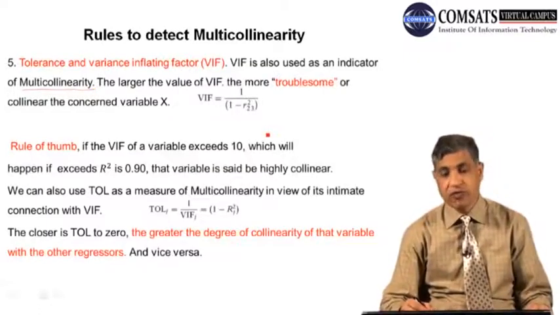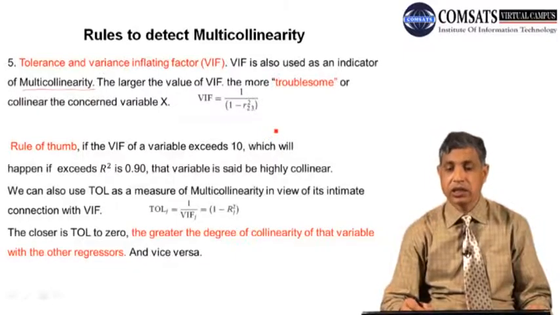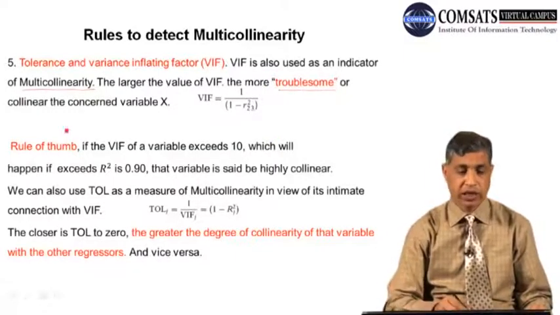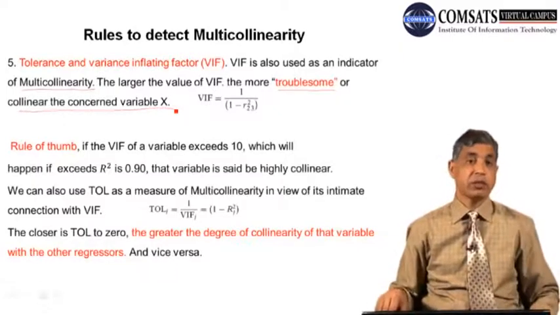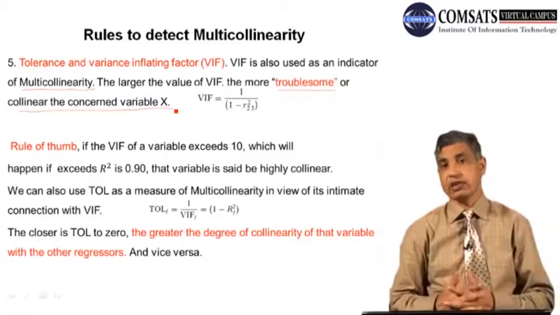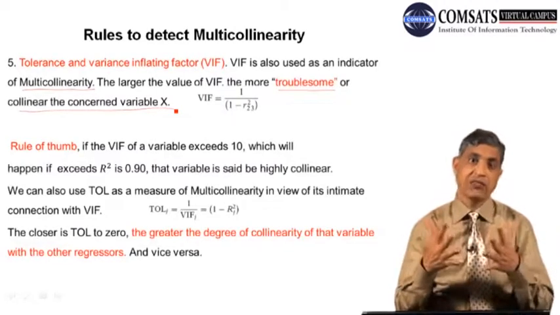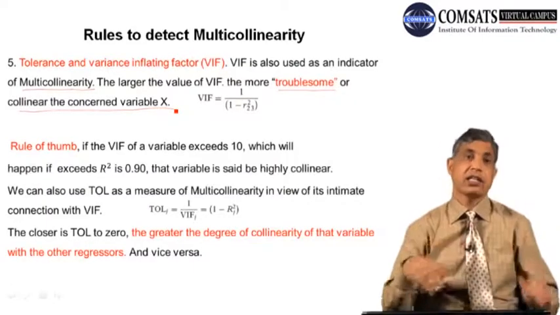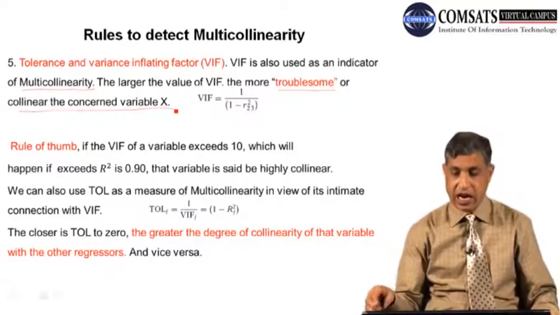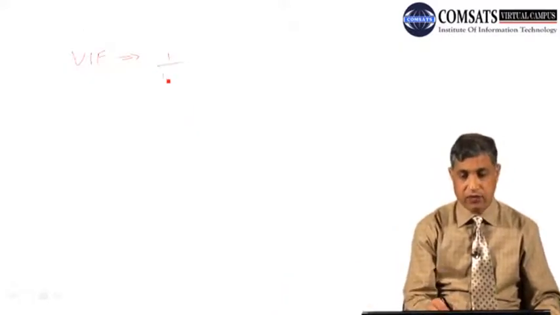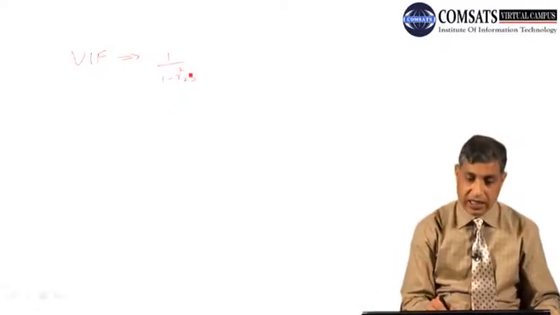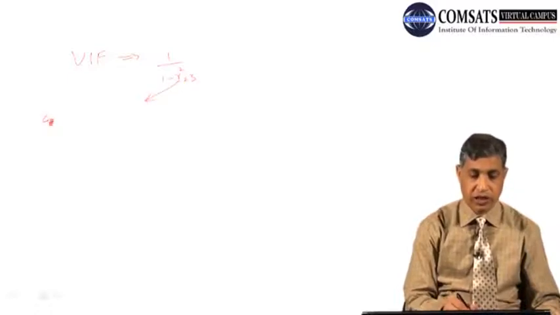The larger the value of VIF, the more troublesome the collinearity among the variables. So what is this? The variance inflating factor means that this is a factor that increases the variance. So as it has a greater value, then we will be saying that there is multicollinearity in the data, and its formula is very simple. This is 1 over 1 minus r square 2 3. Now this r here is the coefficient of correlation,